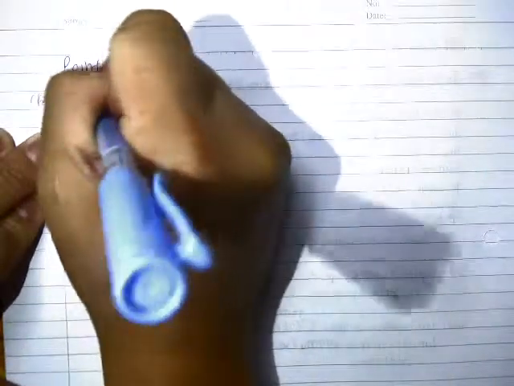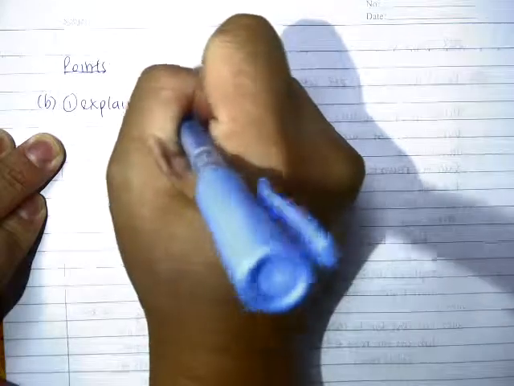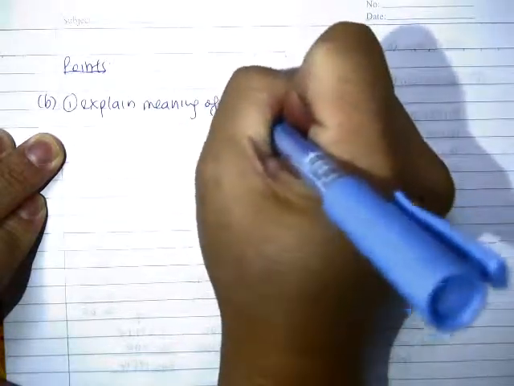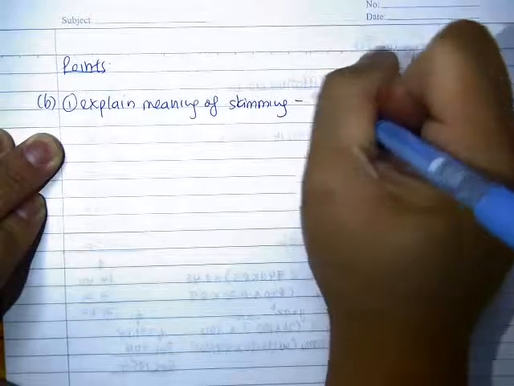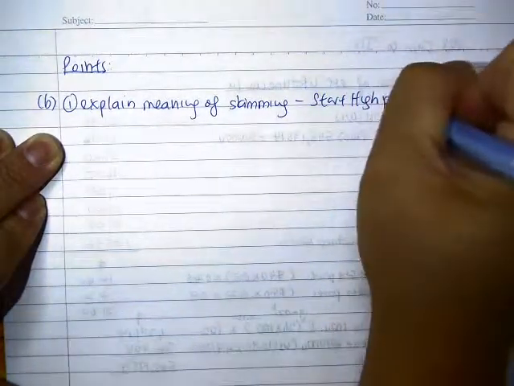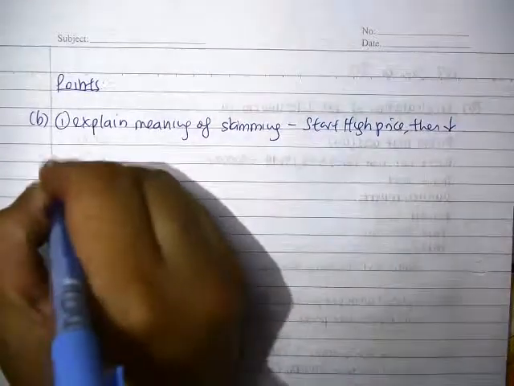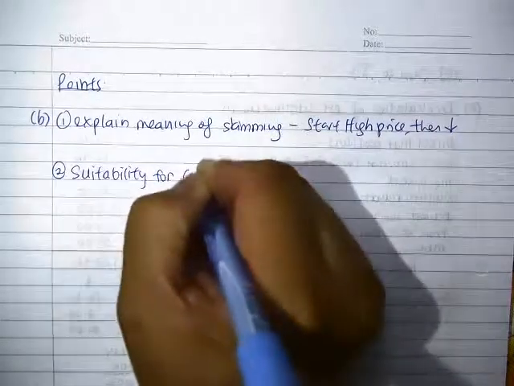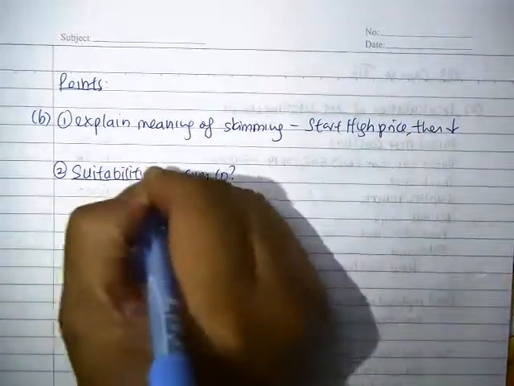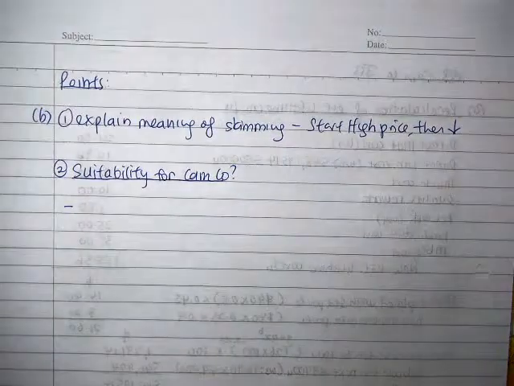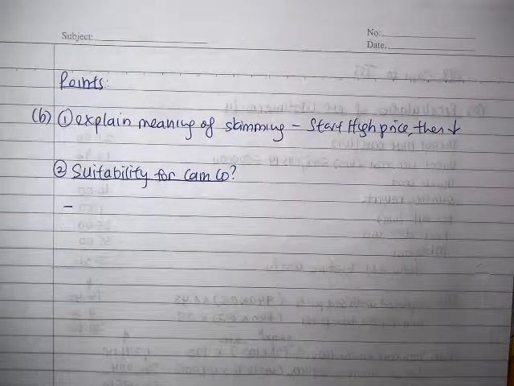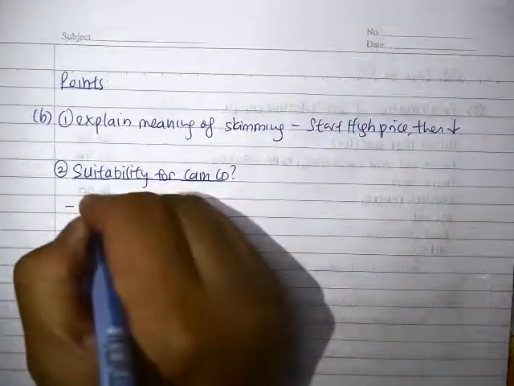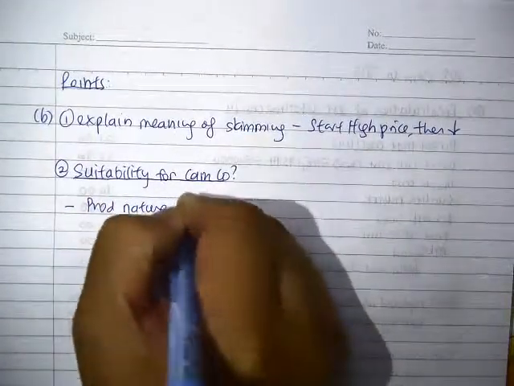Now first you explain the meaning of skimming pricing. Okay, that means start high price, then go down. Okay. Number two, they talk about suitability for Camco. Now, why do you find that it is suitable? Now, of course, number one is the product nature. Okay. Now, product nature is technological,